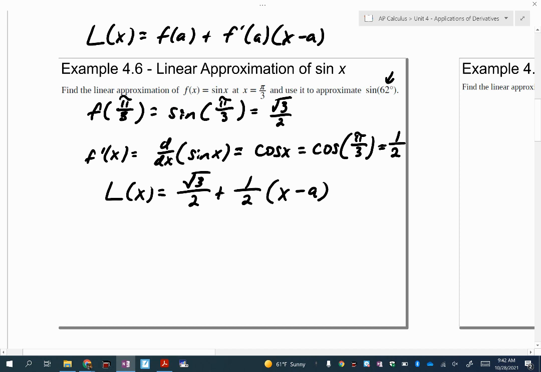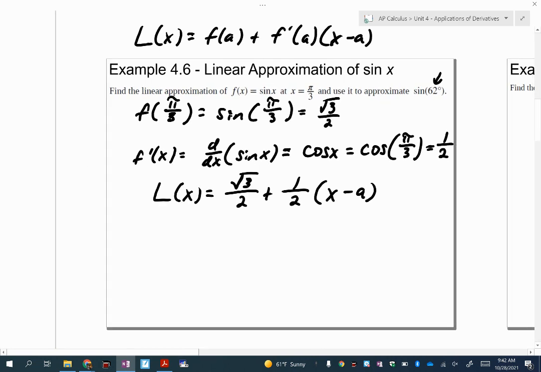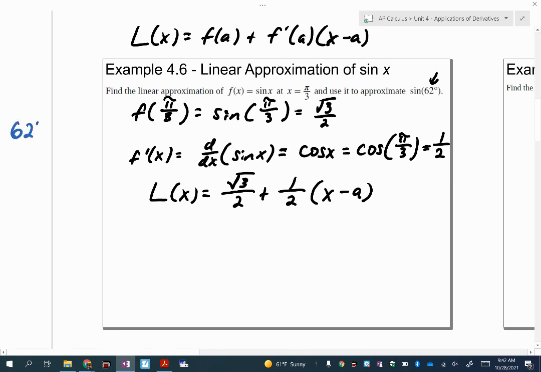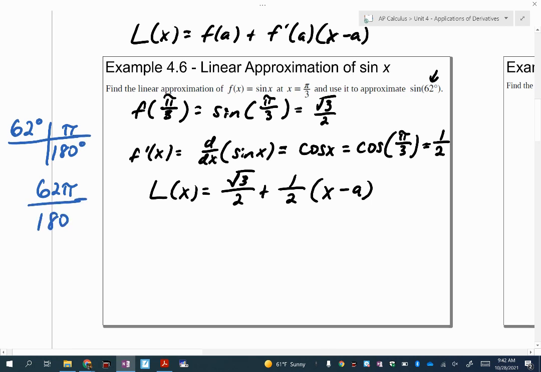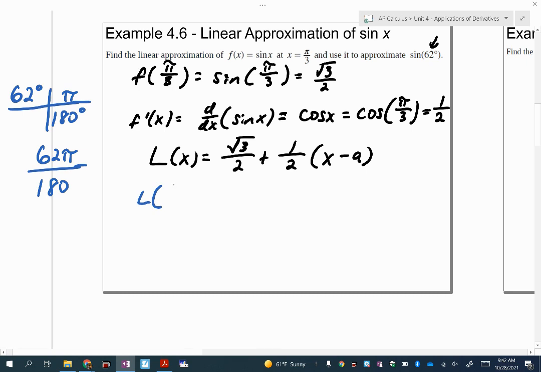Now here's the thing, guys. What I just did was all radians. Pi over 3 is radians. So I'm going to do a little sidebar here and change 62 degrees to radians. So multiply by pi over 180. This becomes 62 pi over 180. So that's what I'm plugging in. So the L of 62 pi over 180